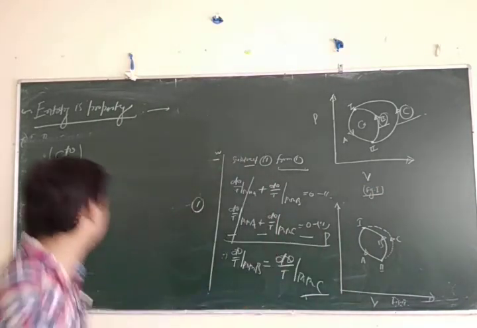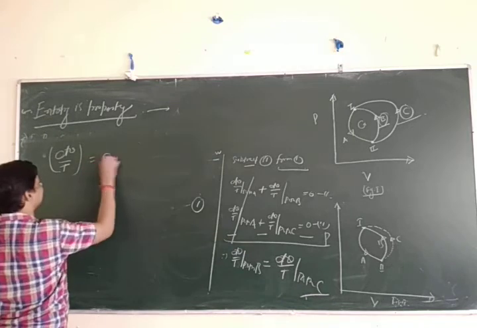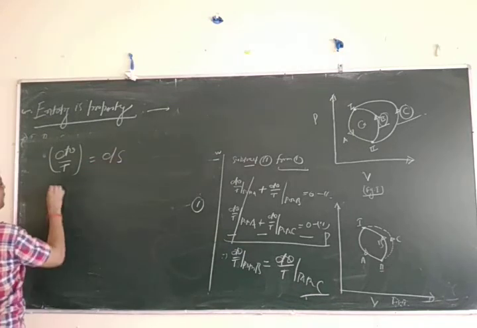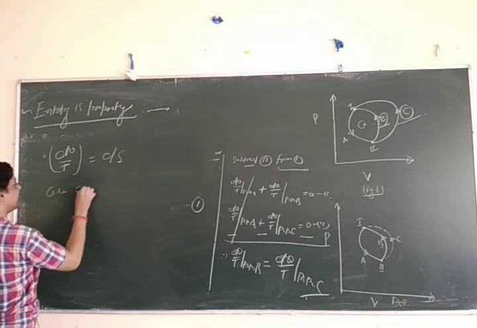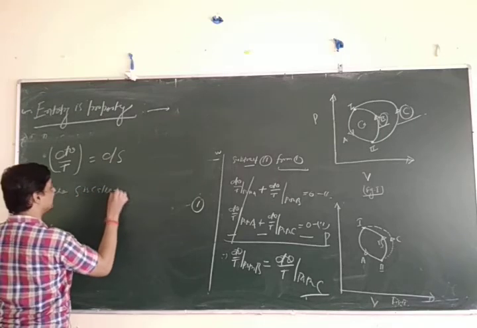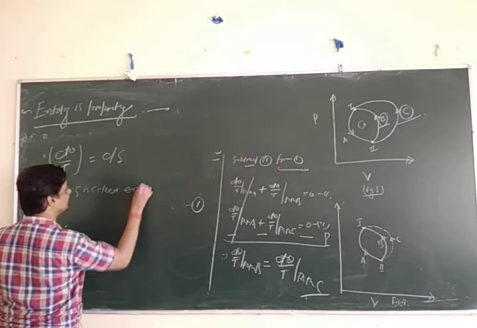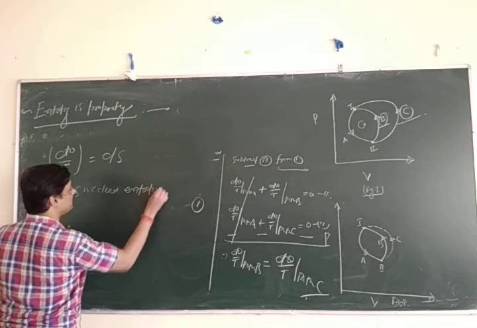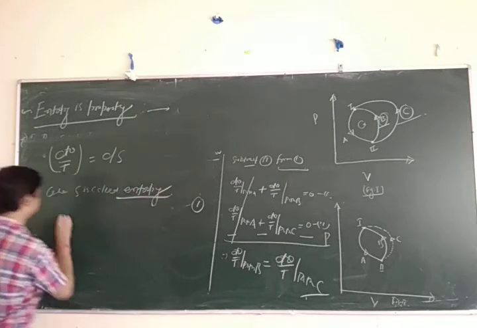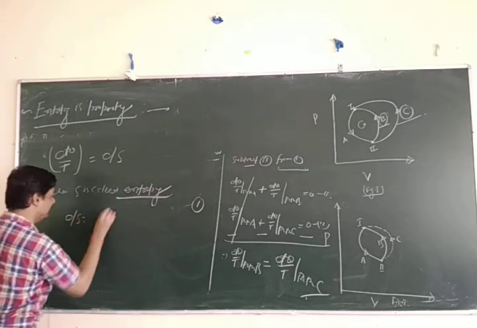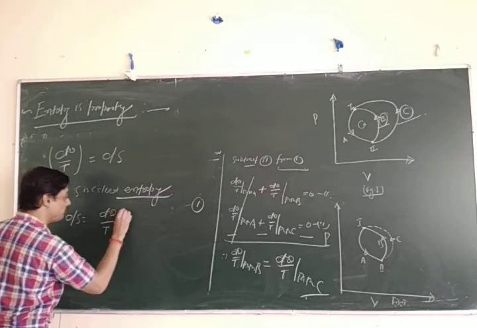And this quantity is known as ds, where S is called entropy. This is called entropy. Therefore, ds is equal to dq by t